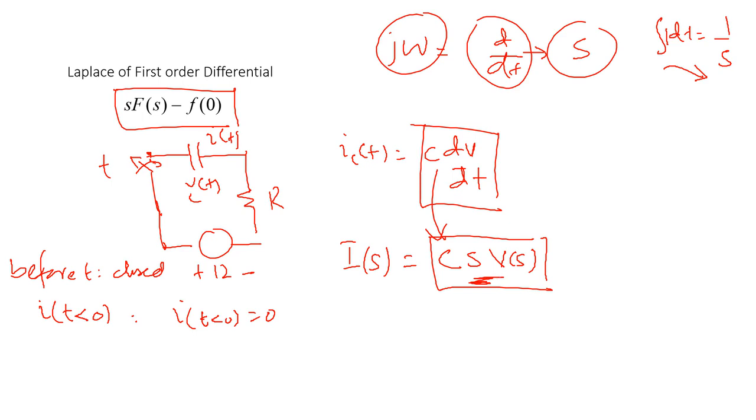So we have seen that here we are having CSV. So we should be subtracting the initial current from this equation. So it would be minus I of 0 from it. I of 0 is a constant value. Here it is 0. If it is not 0, it will be some value, but we have to subtract it like this. So we can see that here we have an f of s, and here we have a small f of 0. So this is what we are talking about: if we have some differential equation, then we should be solving it using this technique.